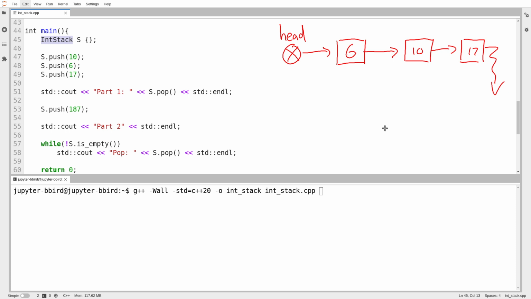My goal for today is to implement my stack using a singly linked list with the idea that the bottom of the stack is the end of the list and the top of the stack is the beginning. So to push something onto the stack, what I'm really doing is splicing a node in at the beginning of the list, before the head pointer. The node becomes the new head of the list,